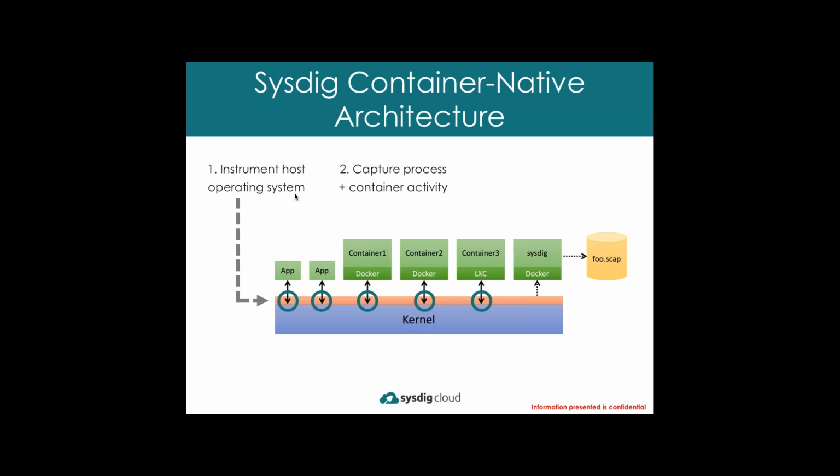And the kind of special sauce here, the secret sauce, is that we know which container all of this activity is coming from, and we can see inside the container. As some of you may know, containers are really just an abstraction at the kernel level based on facilities like cgroups and namespaces. So by seeing the activity at the kernel level, we can actually see inside the container as if it wasn't even there. We're then able to ingest all of this data up into our monitoring container, and in the case of the open source tool, drop it into a trace file so you can analyze it later if you'd like.